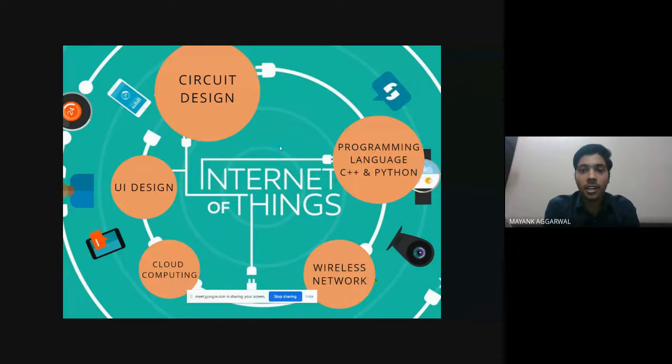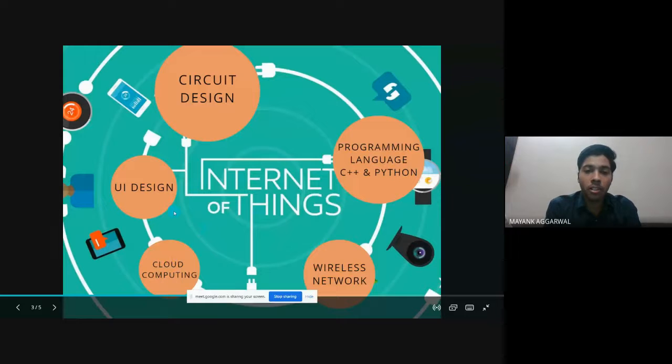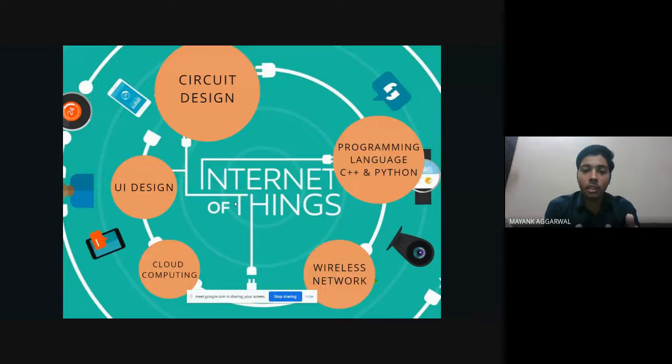Even so, there are some cases when a person starts into IoT and learns all these technologies, and after that figures out that now my interest is just cloud computing. I don't want to pursue any of this hardware design or wireless network. So that person can continue in cloud computing. That person can switch from IoT into the domain of cloud computing. That person is familiar with it, and he or she can dive deep into cloud computing. Other than that, if you figure out that your interest is just in app development, after doing UI design or after building an application, you can switch into Android application development as well, or iOS application development as well,